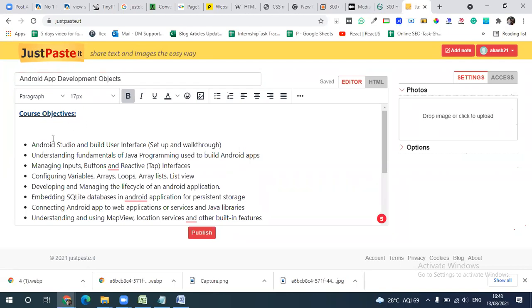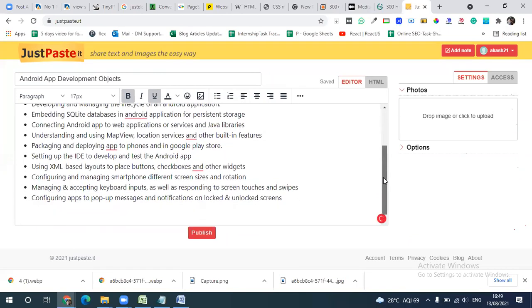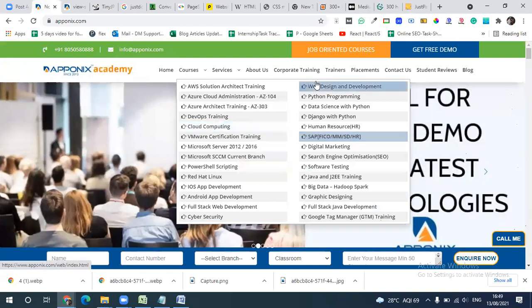Now see here, if you want subheadings, you can take them or leave them. It's not a problem. And whatever the content is, it will be there. But the main thing is at the end, you have to connect the relevant page here. I will say here Android app development training in Bangalore. That means for a specific page you have to use this activity. Here you have to connect to the Android page. Just go to the website and connect to that particular page.